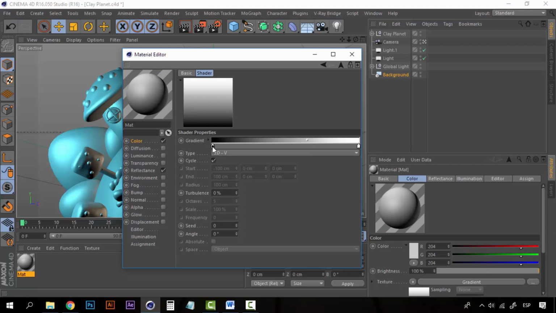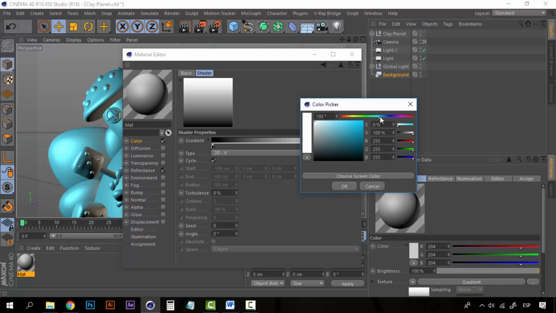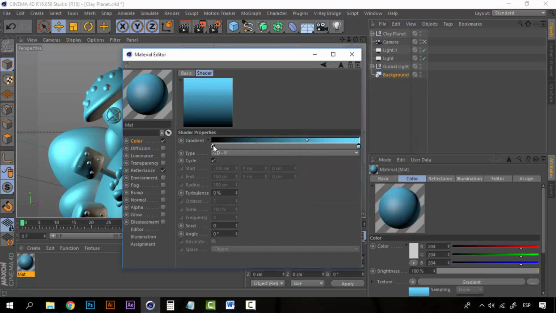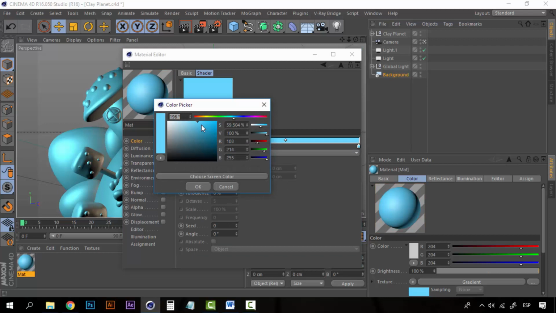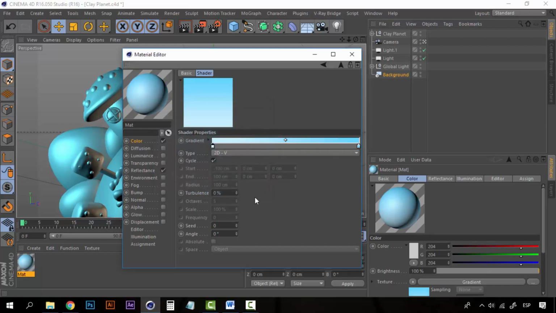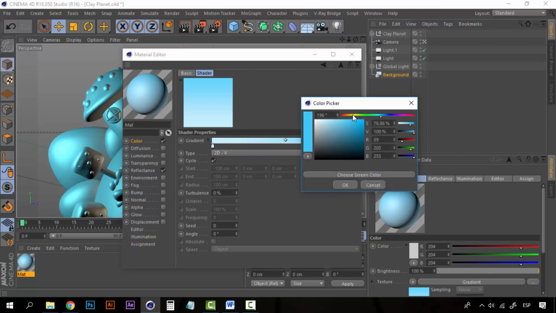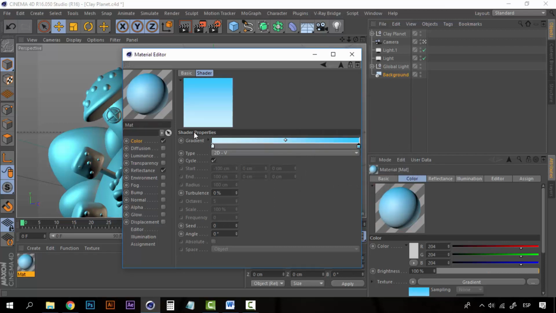And now let's change these colors. For example, instead of white, I want to use a blue, a sky blue like this one. And I want to use a lighter color here at the beginning. Don't go all white, but very pale blue. I will probably want a darker color here and at the end. Okay,